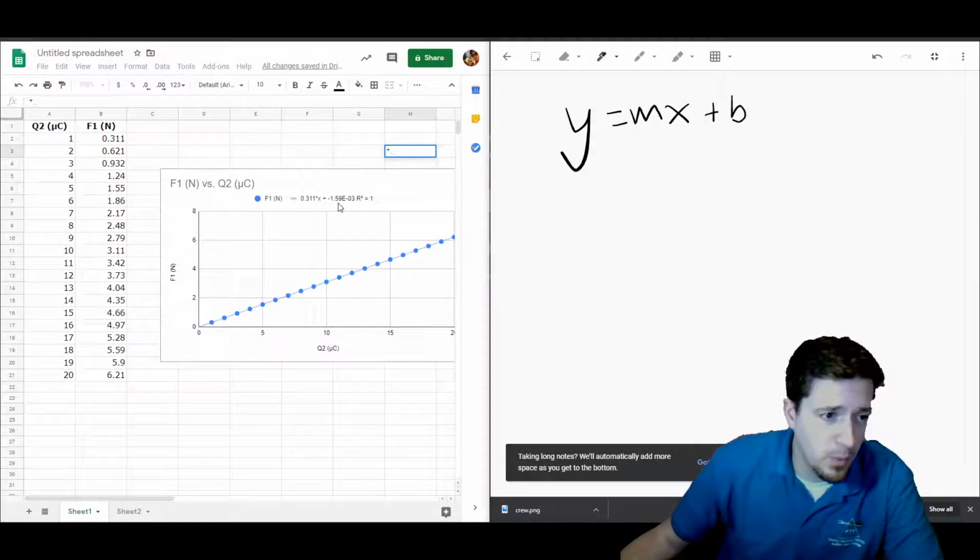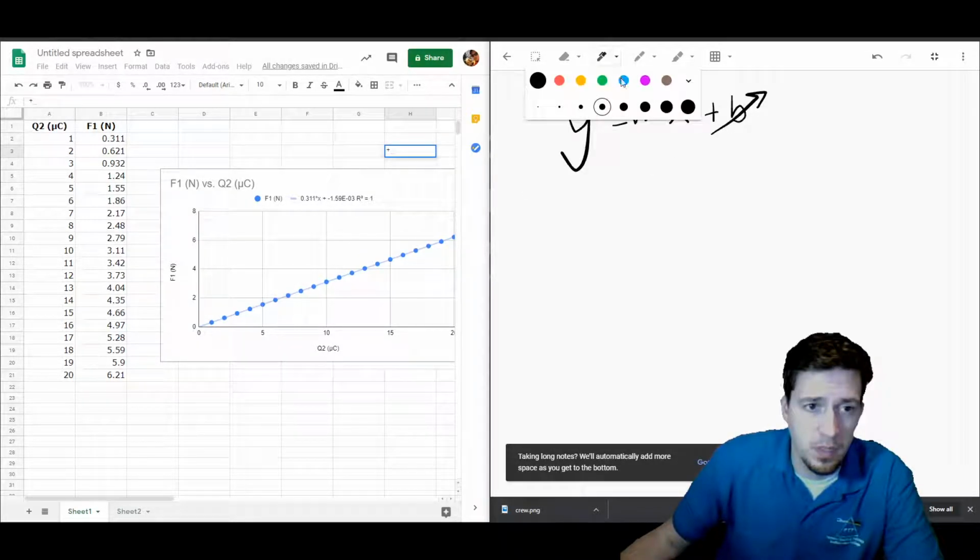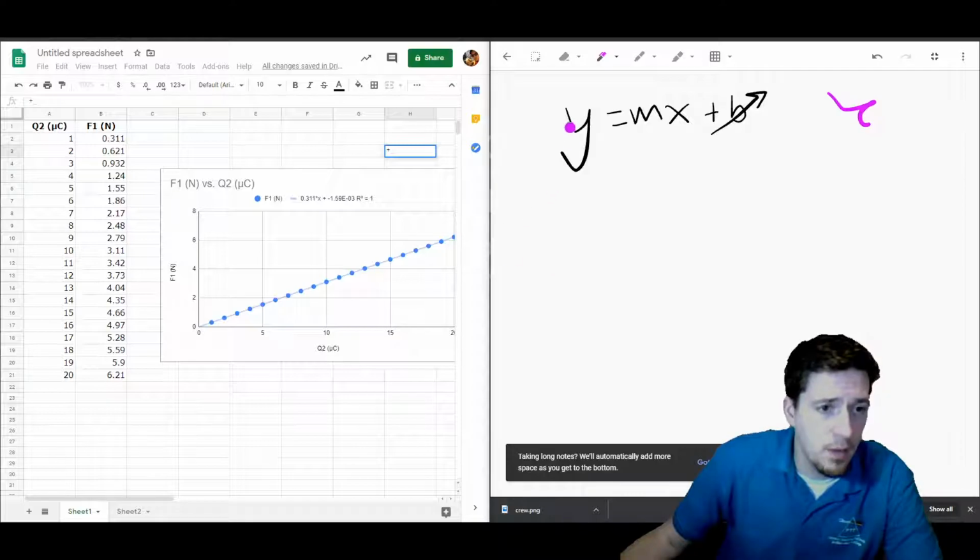But here, this number, 1.59 e negative 3, is really, really small. So that means we're able to say that it is negligible. And can I change the color of those? Purple. Nice purple. All right. So now what is our y? It looks like this is clearly force. This would be equals